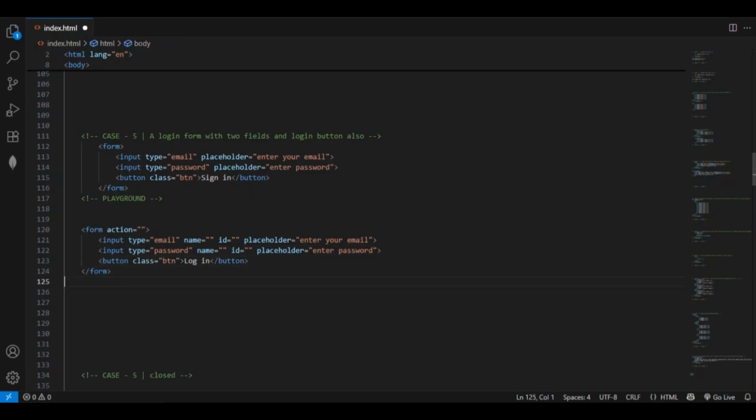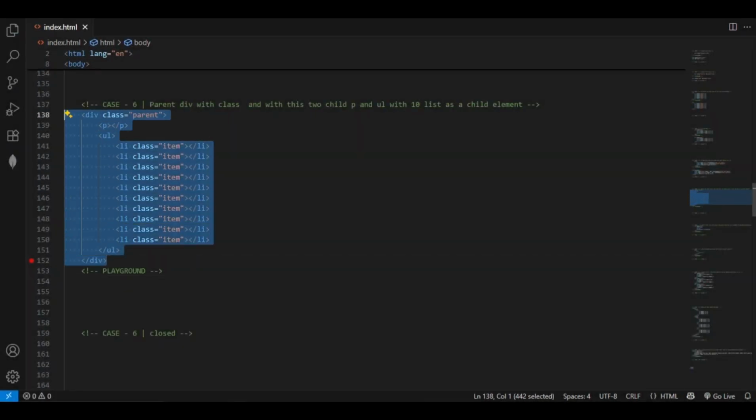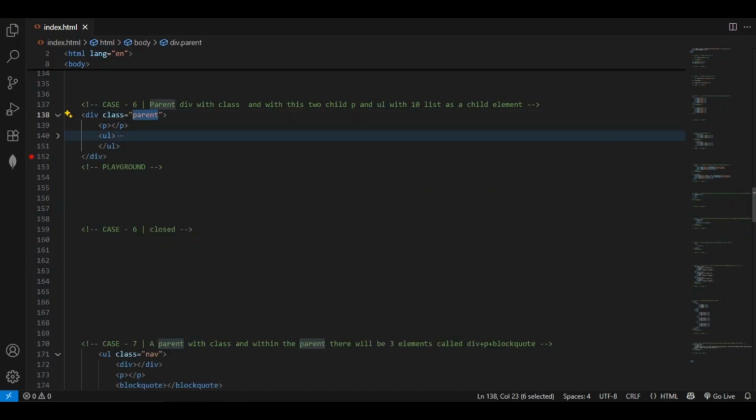So now we have simply taken this full structure by Emmet. So I think this was very helpful. Case 6. So within this case 6 we have a parent div, and for this parent div we also have a class name called parent, and within this parent div we have 2 children. The first one is a p tag, that's for paragraph text, and under this p tag we also have a ul,